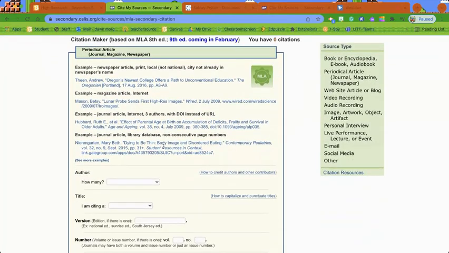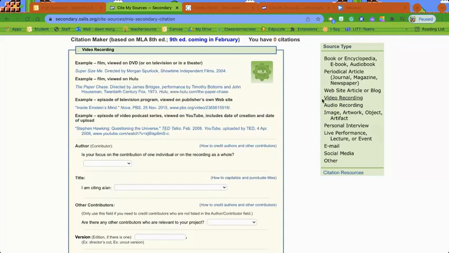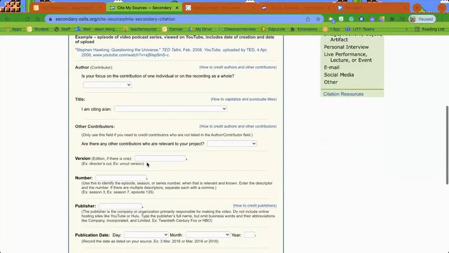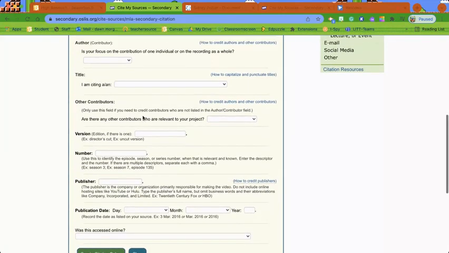But if you didn't, or if you're using actual books or other things that you found, maybe you watched a video or something like that, you can pick one of these other ones. So let's look at video recording. If we click video recording, you can see some examples here. So if you were doing something about fast food, maybe you watched the movie Super Size Me, and then you put in, for whatever type of media you're using, all the information that you have,